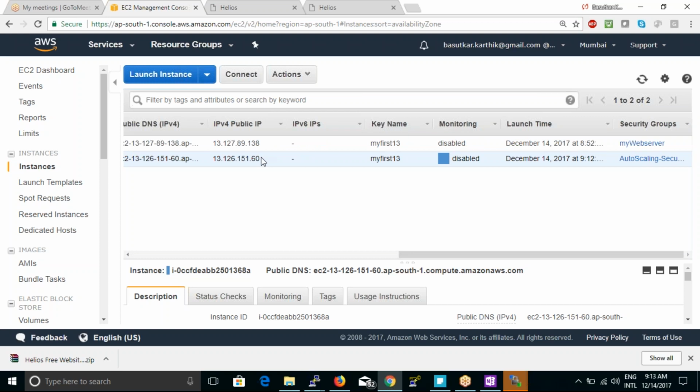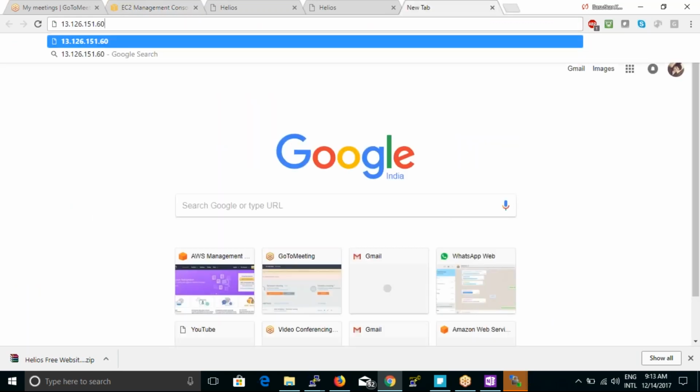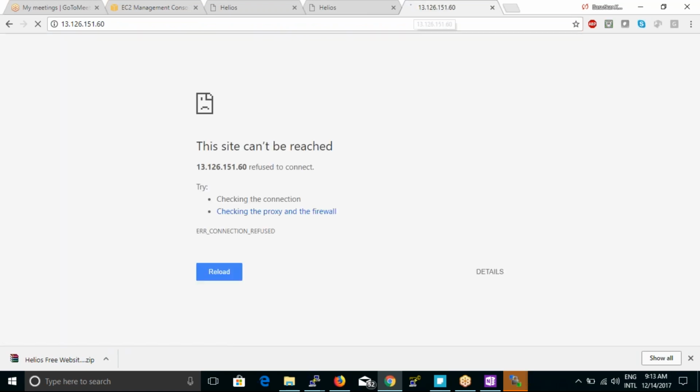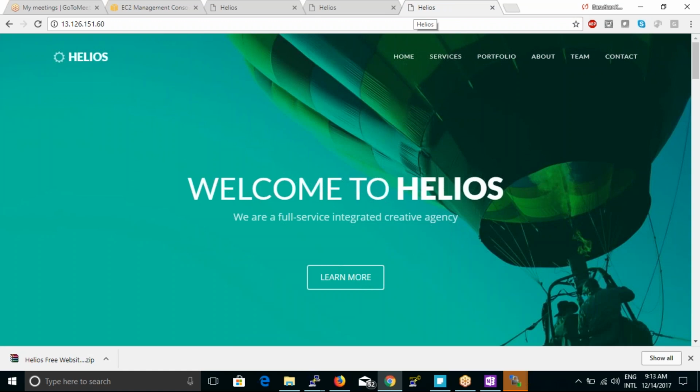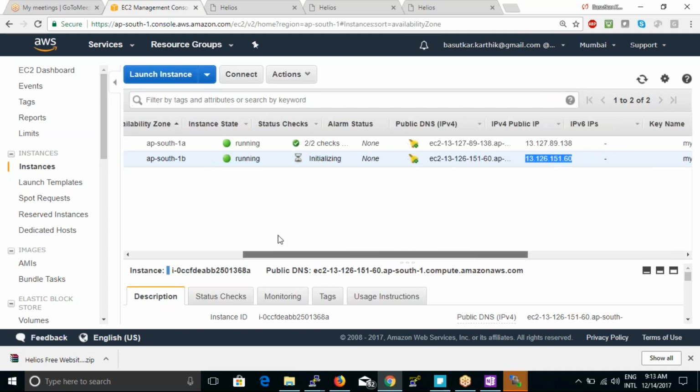What is the IP address of this website? Here it is. Yeah, I got that website. Now, auto scaling groups will automatically scale up and down, right? Now what I'll do,